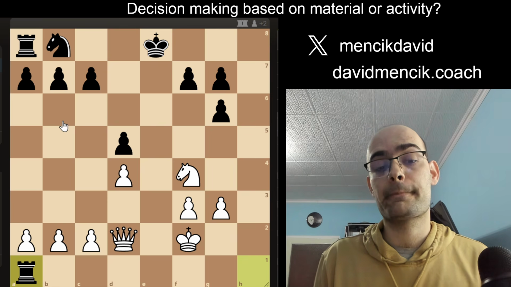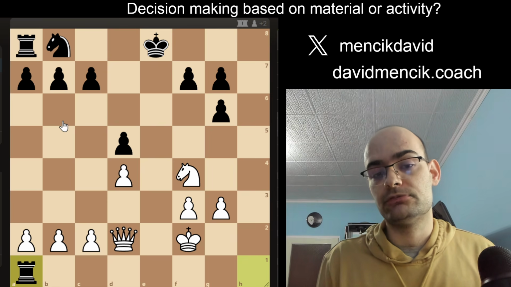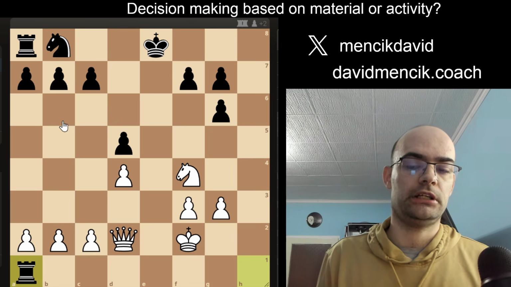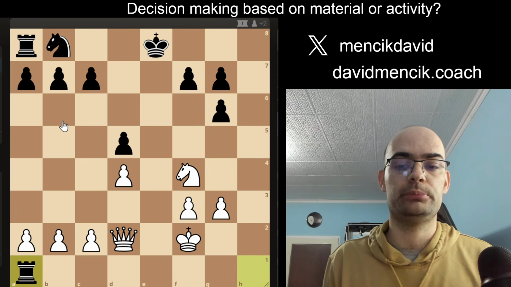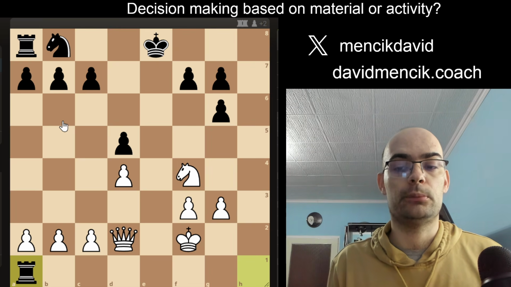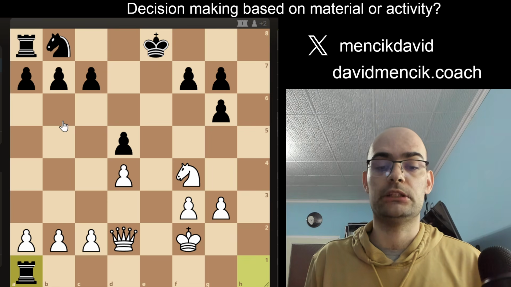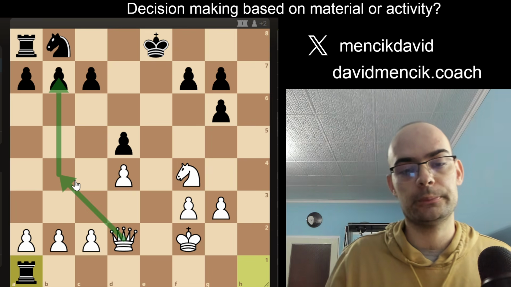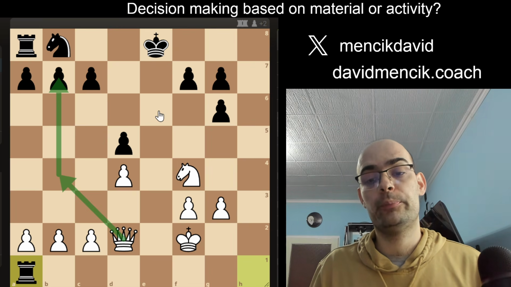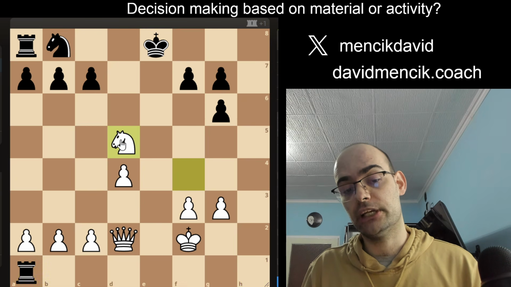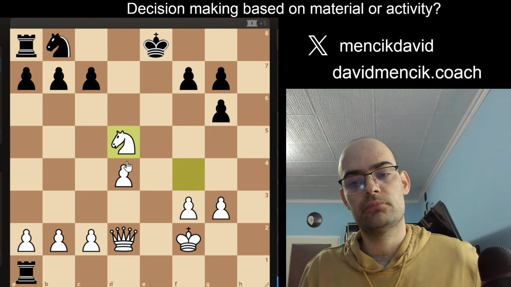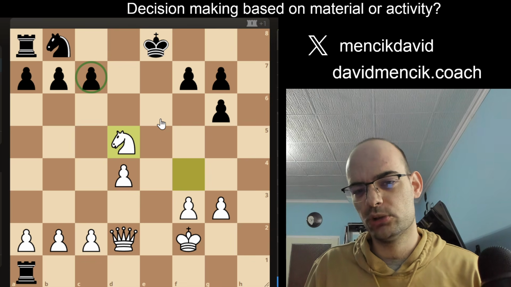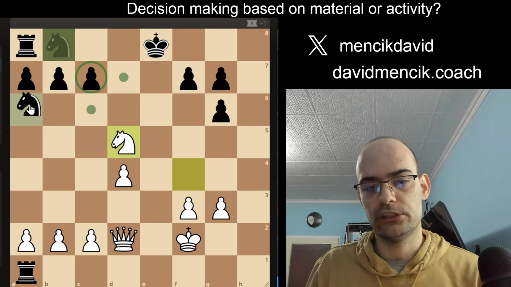Why? Well, black's king is very, very unsafe and can come under attack of white pieces, and a possibility for that will happen right away. The move queen b4 is very strong, attacking b7, but I figured out the move knight d5 being the best here. So c7 is hanging. I think the only move that makes any sense is going to be knight a6.